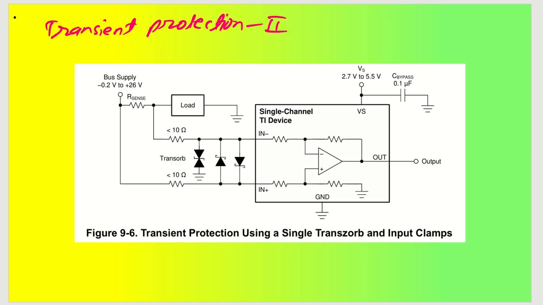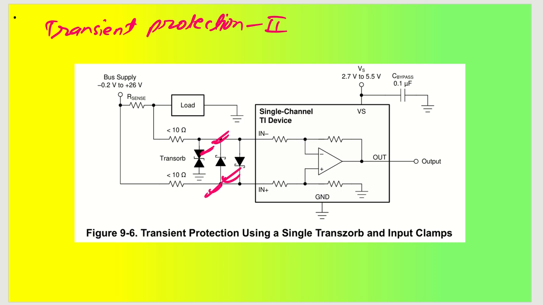Coming back to another process, there is another process as well. You can utilize a bidirectional ESD diode, which will be connected at the negative terminal, and there will be two side by side Zener diodes which will be connected between an inverting terminal and non-inverting terminal. So this is how you can also utilize transient absorption as well as input clamp. These two are actually clamp voltages, and this is how you will be saving or protecting the input of this particular current sense amplifier. Okay,